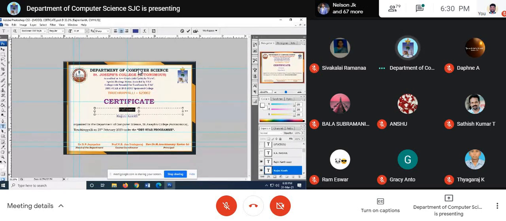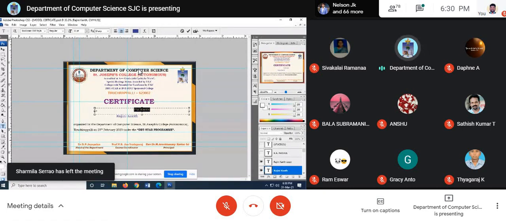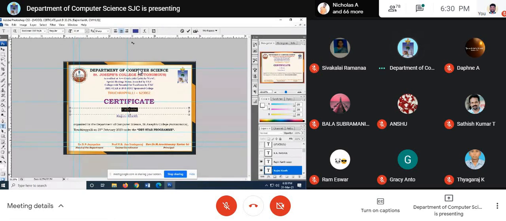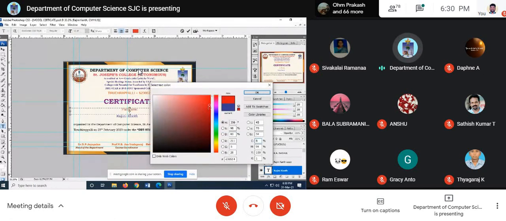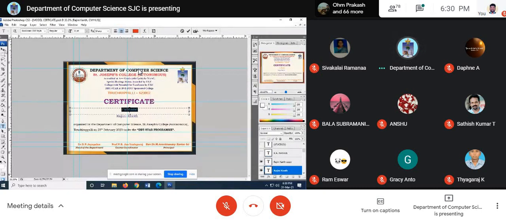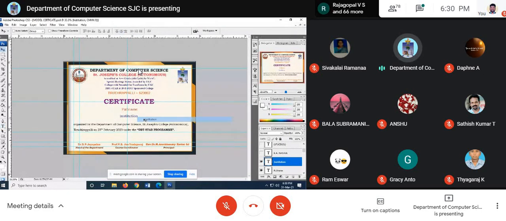I just make it full so that the names may be small or big. So I make it full. Am I clear? And the color that I give is dark color. Okay, brown color. Right, I've got it. This is full name. And the second one is institution. Okay, institution, right? Color, size, everything you will have to define, right? How many variables we have got? Please tell me how many variables we have got? 2 variables, right? Okay, fine.